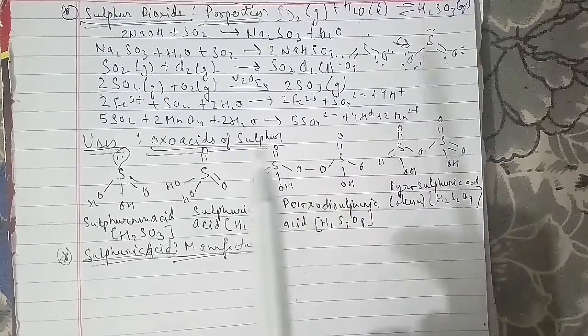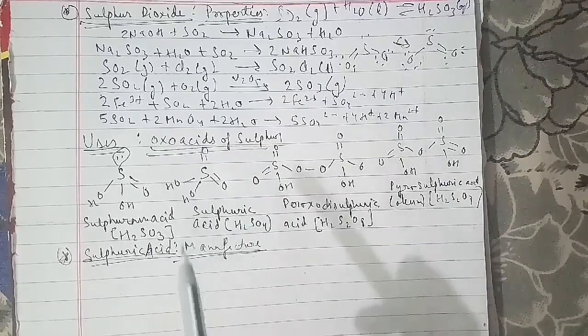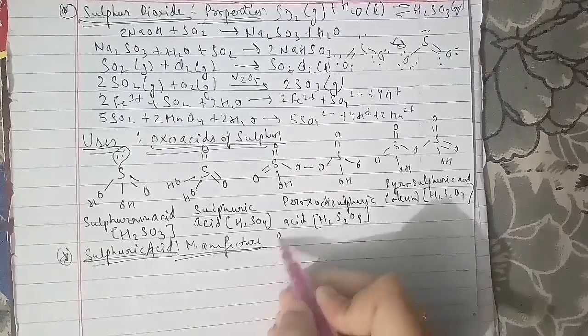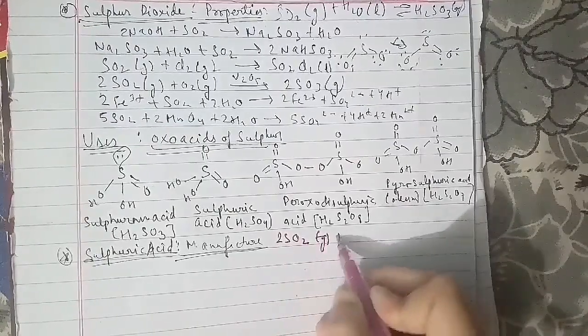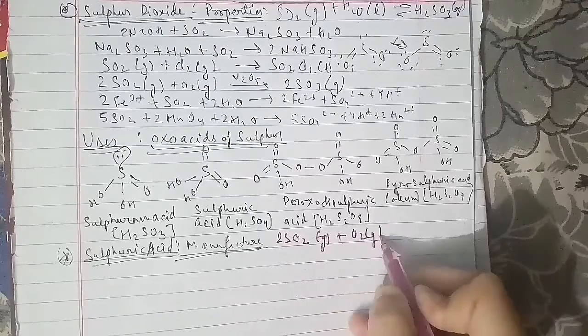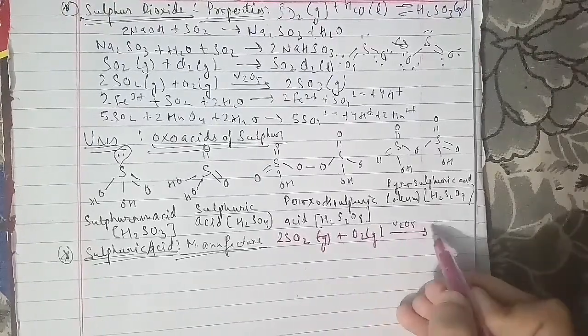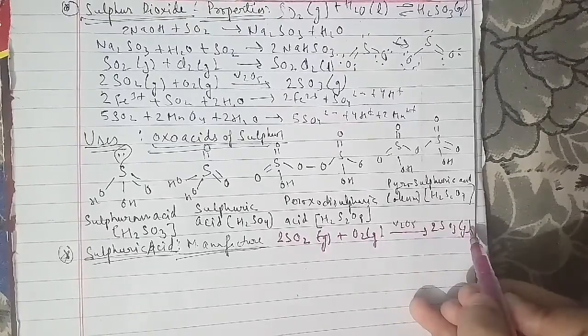On the same cases, we have that reaction as well: 2SO2 gas plus O2 gas in the presence of V2O5 will give you 2SO3 gas, where delta H is minus 196.6 kJ per mole, where the reaction is exothermic, reversible,